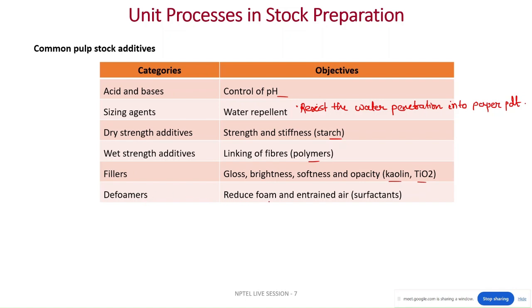Defoamers are also used to reduce the foam and entrained air. So defoamers such as surfactants are used. So this is the category of additives, and some examples I have already discussed. These are used for making the suitable pulp or stock for making the paper out of the pulp. Okay. So giving an example,